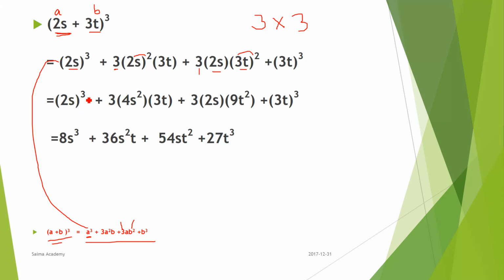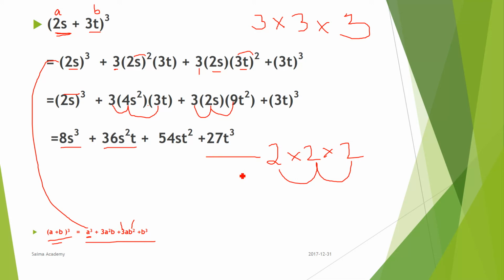So 2s cube does not mean 2 3 times 6. It means you have 2 three times: 2 multiplied by 2 multiplied by 2. So 2 times 4, 4 2 times 8. So 8s cube plus 4 3 times 12, 12 3 times 36, 36 s square t, right? Because there is no sign of multiplication, I will put a dot here, plus 3 2 times 6, 6 9 times 54 st square, and this does not mean 3 3 times 9. It means you have 3 3 times 3 and one more 3. So 3 3 times 9 and 9 3 times 27 t cube. This is the answer,